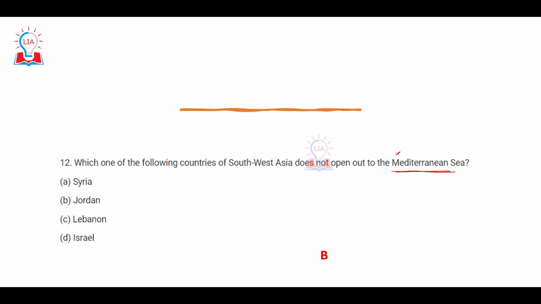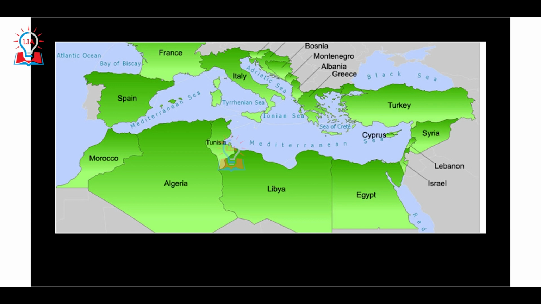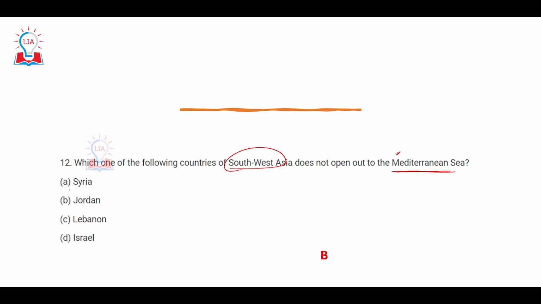So the question is: which one of the following countries of Southwest Asia does not open out to the Mediterranean Sea? So let us take a look at the map of the Mediterranean Sea. This is the Mediterranean Sea, and as you can see in Southwest Asia, Turkey, Syria, Lebanon, Israel, and Egypt are the countries that are clearly bordering the Mediterranean Sea. So Syria, Lebanon, and Israel are obviously bordering the